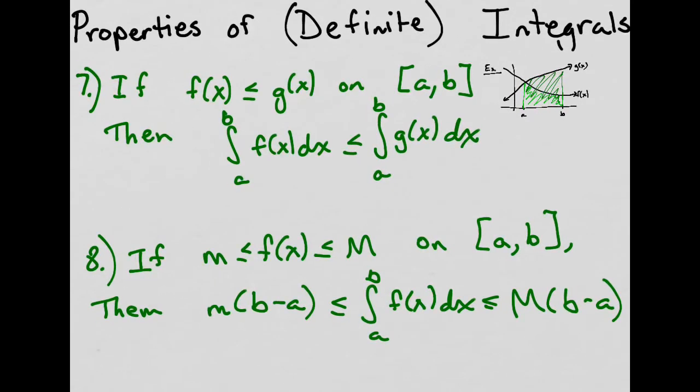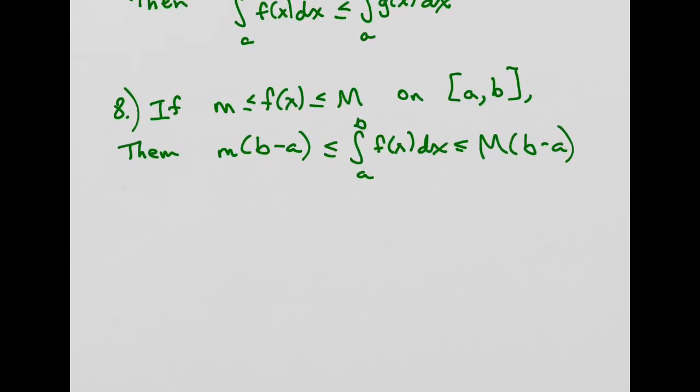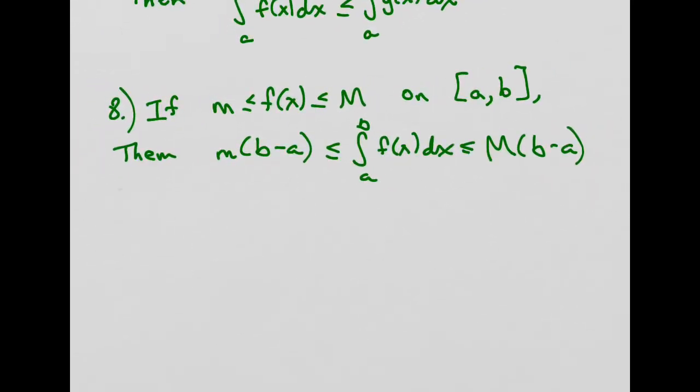Now let's look at number 8. This one's a little bit more useful. Actually, they're both pretty useful if you're dealing with functions that are not super simple. A lot of times we've been dealing with things that are polynomials, maybe rational, but you can get really weird functions in the real world. And so instead of knowing the exact amount or being able to calculate an area, you might just want to bound an area. So if we have as an example,